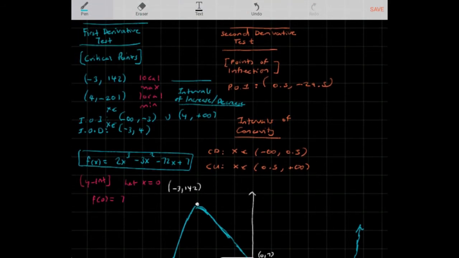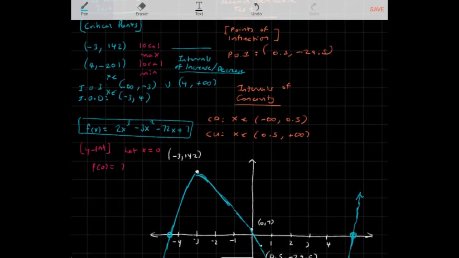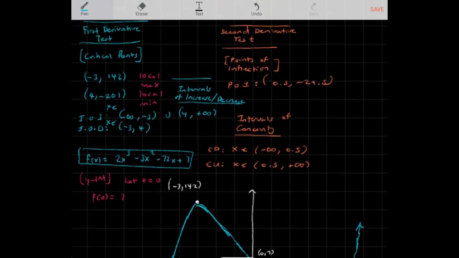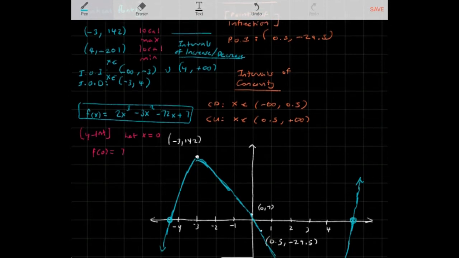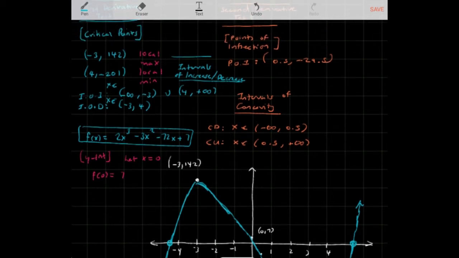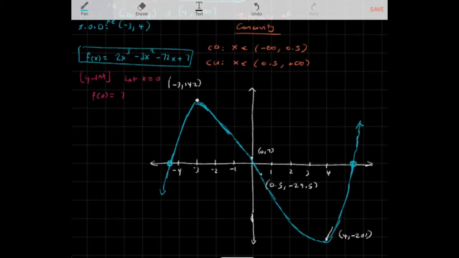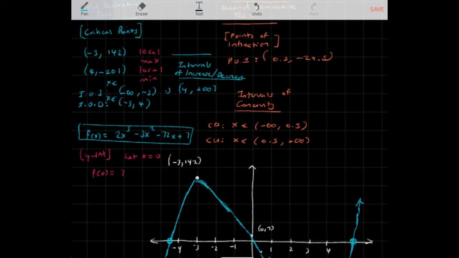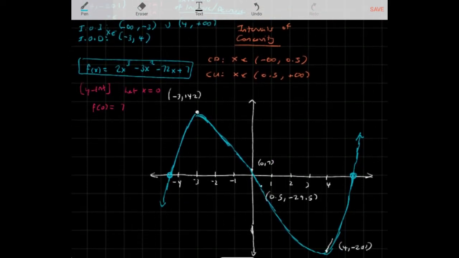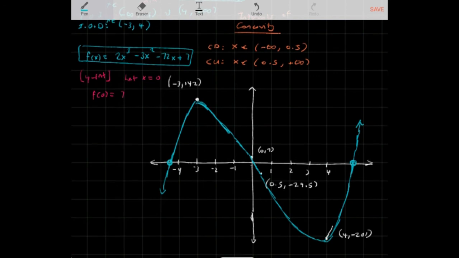But for the time being, I wanted you to understand the first and second derivative test in determining general characteristics. You can see here that there is an interval of increase between negative infinity and negative 3, so from here to here you should have an interval of increase, which is consistent. Then between 4 and positive infinity, which you should see here. And there should be a decrease from negative 3 all the way to 4. So the derivative testing is very useful in determining the general shape of the